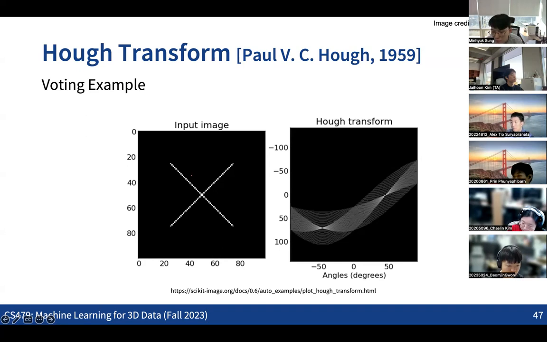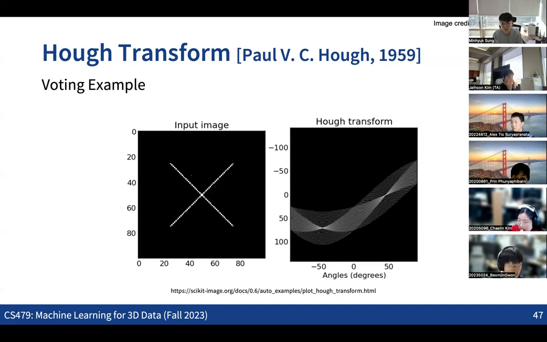In the peak in the input image of how to transform a line. So basically the peak in the parameter space becomes a line in the image space. So this is like one example: the left is the input image, and the right is basically the visualization of the votes, which is also in the 2D space, but not the Euclidean 2D space. But this 2D image is basically representing the line parameter space. The x-axis is the slope of the line, and the y-axis represents the y-offset of the line.